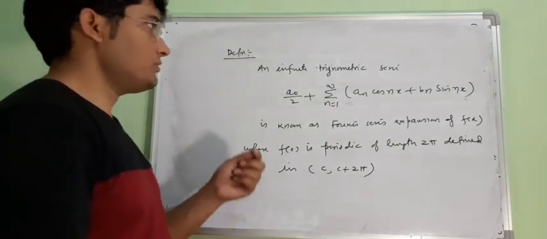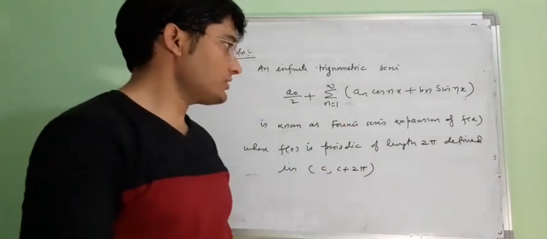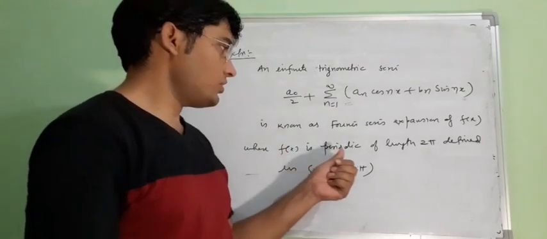So this infinite trigonometric series is known as the Fourier series expansion of f(x), where f(x) is periodic of length